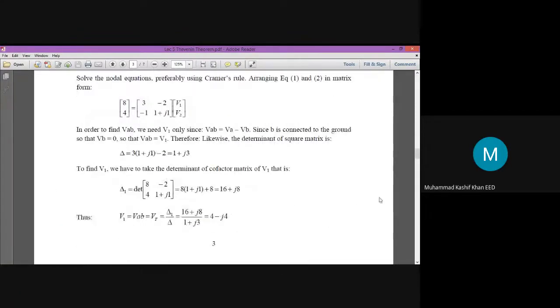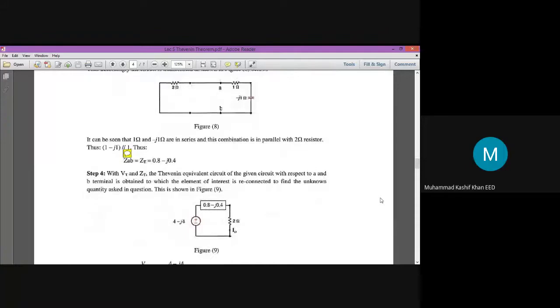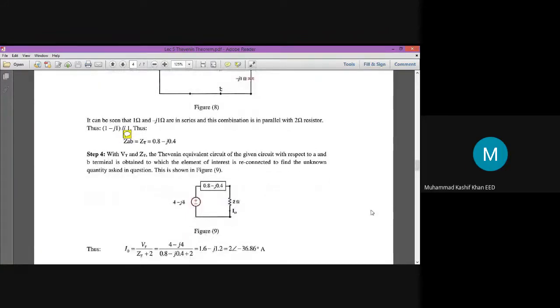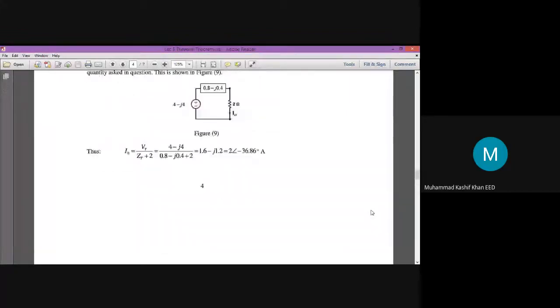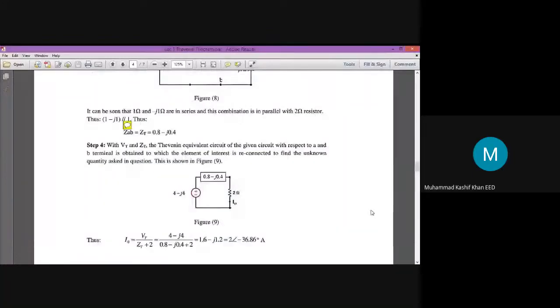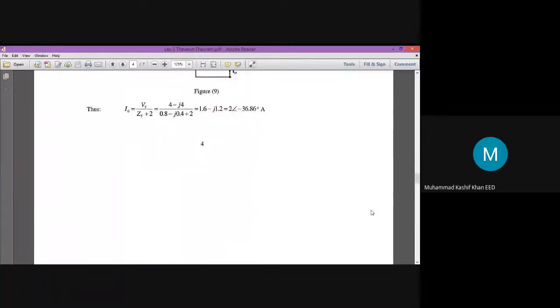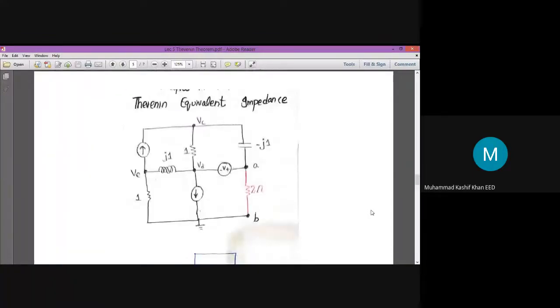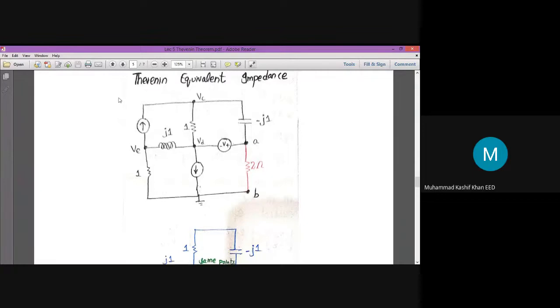Okay, the first circuit was very easy. We easily found out the Thevenin equivalent impedance. In the upcoming examples, I will concentrate on how to find out the Thevenin equivalent impedance. I will not solve the complete circuit because that's the same old procedure of finding the node potential. We have done it in lecture number 3 and lecture number 4. So in the upcoming examples, I have only concentrated on finding the Thevenin equivalent impedance, because it is the new thing for you. So that's why I have concentrated only on that particular topic.